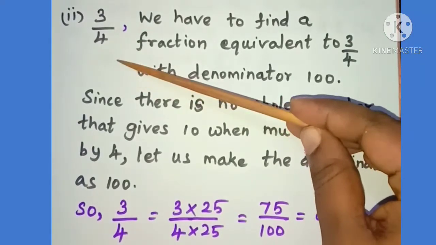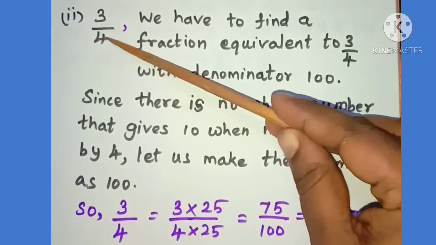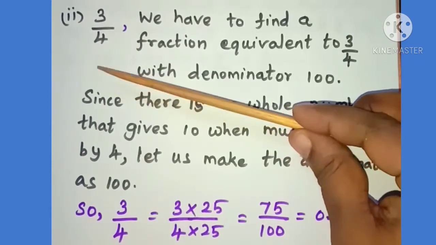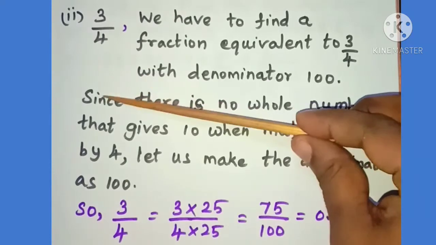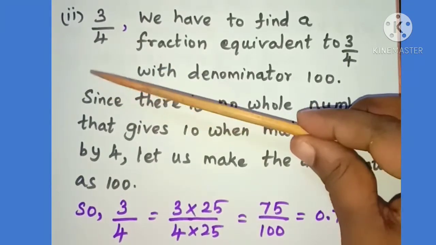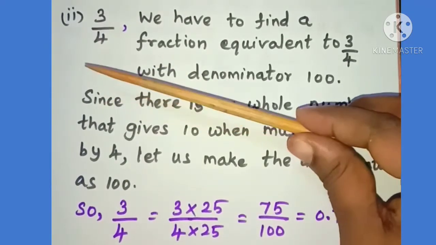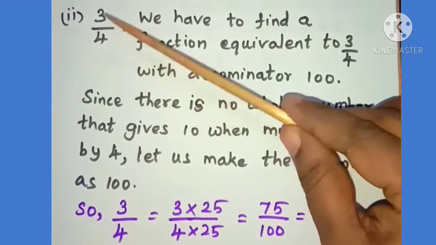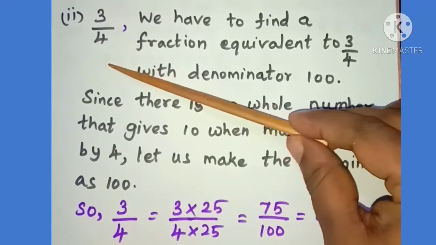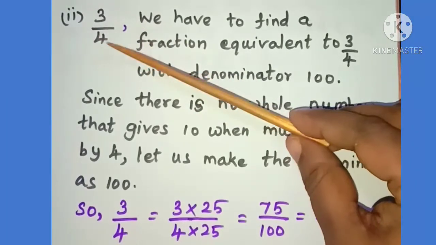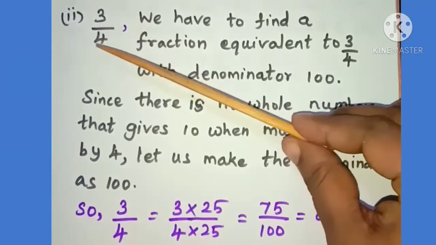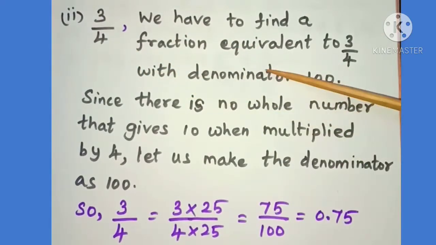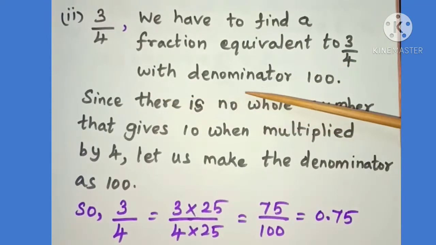So our next step is to make the denominator 100. Now check whether the denominator becomes 100 or not. Yes, there is a 2-digit number, 25, that gives 100 when multiplied by 4. So students, it is very important: when we multiply the denominator by 25, we must multiply the same number 25 in the numerator also. And write down, we have to find a fraction equivalent to 3 by 4 with denominator